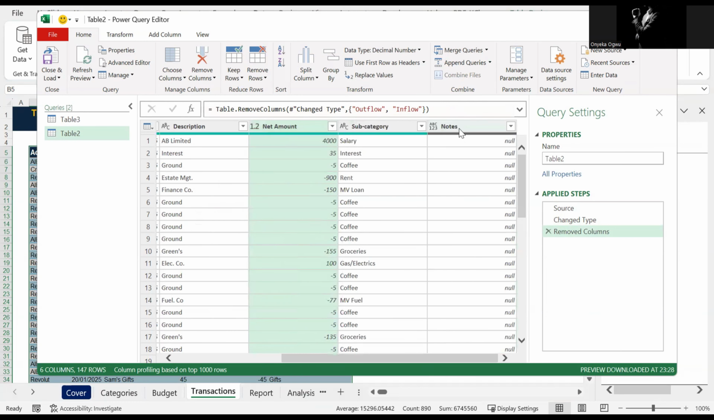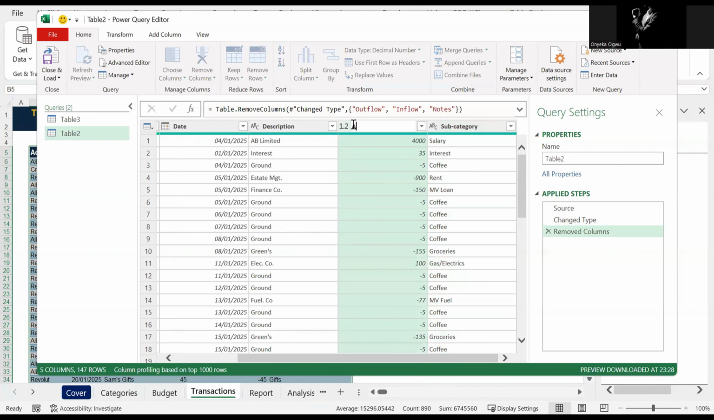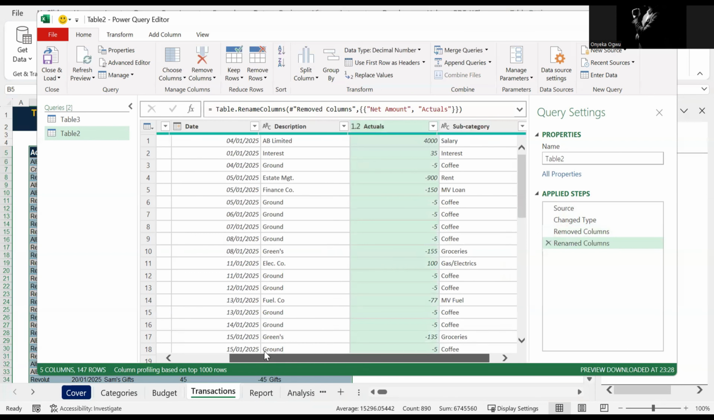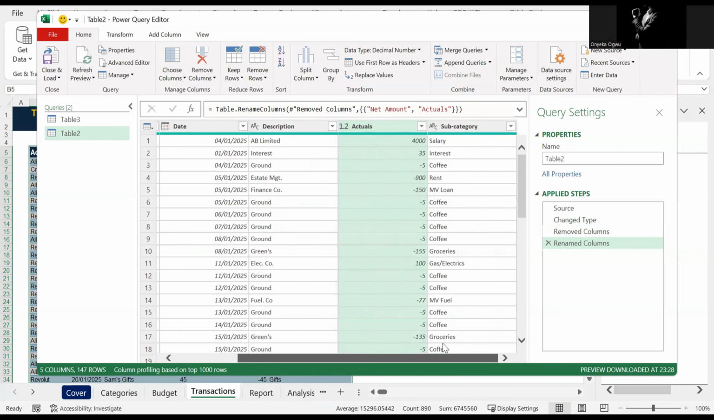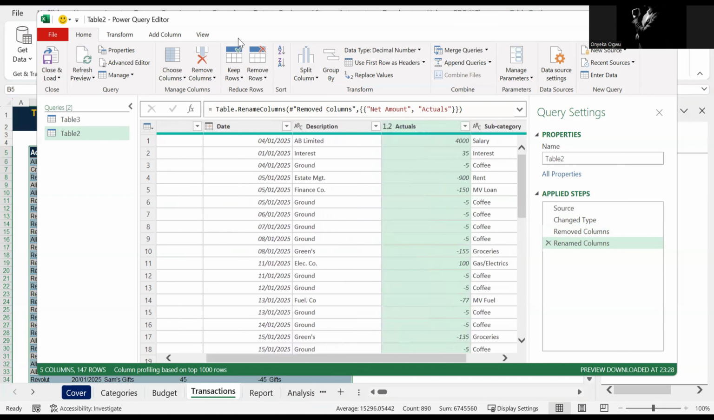And I also might not necessarily want the notes in my analysis, so I can delete the notes too. So what I have now is this net amount. This net amount I can change to actuals, right? It's called Actuals, so yes, I have my Actuals column here as well. One more thing I will do is